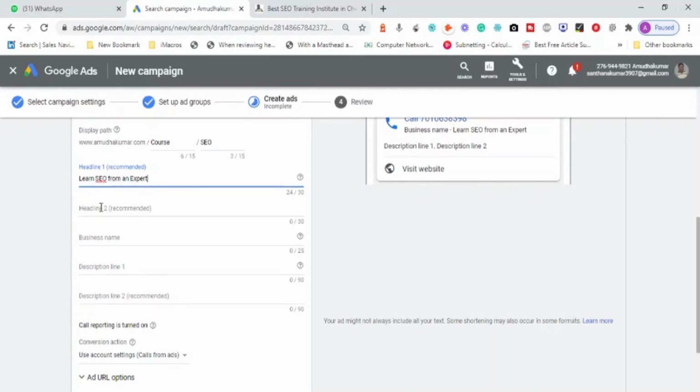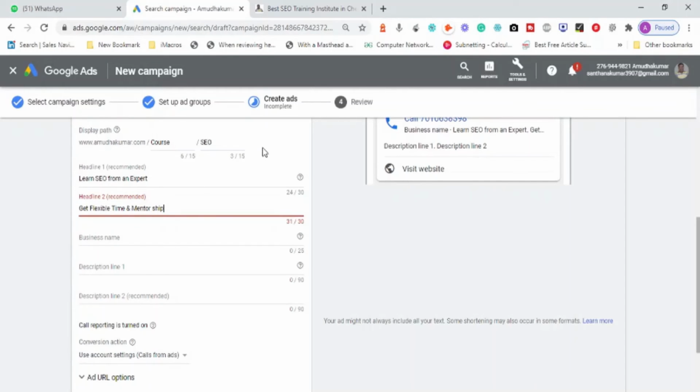That's it. Headline 2: get flexible time and personal mentorship. So, flexible time and mentorship.